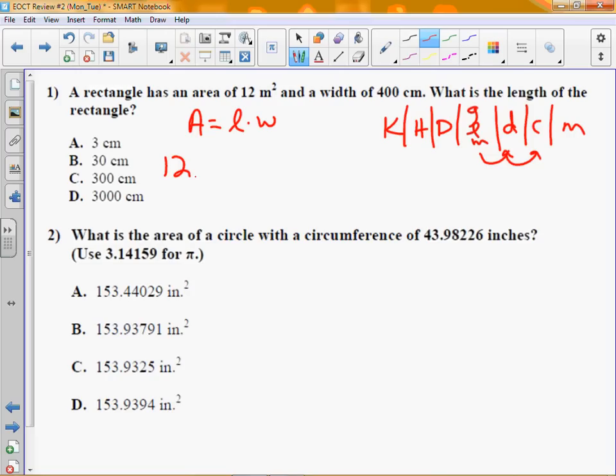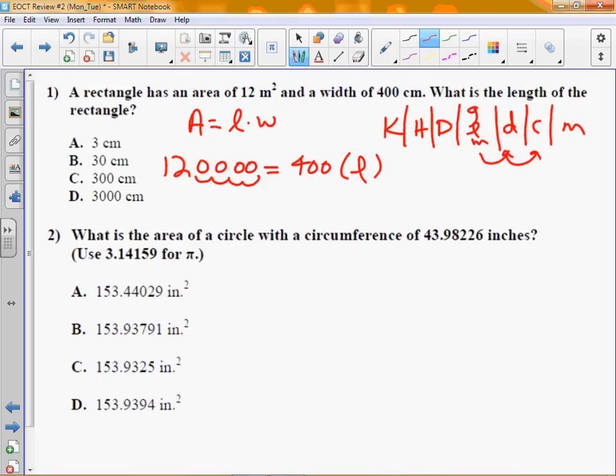So I go from 12 to 1, 2, 3, 4. So now I got 4 more zeros in there, and it's 400 times length. So now I got 400